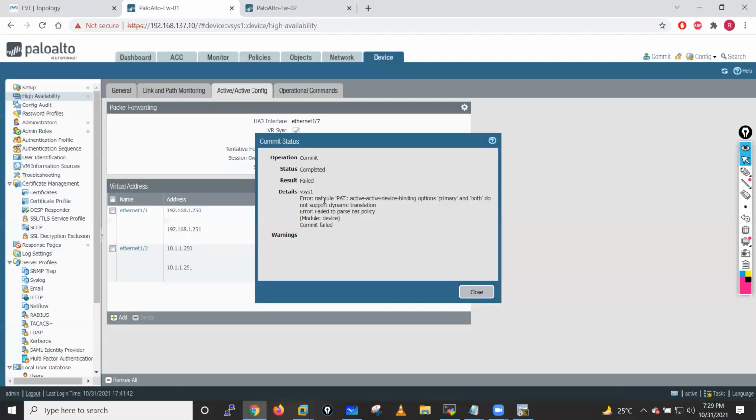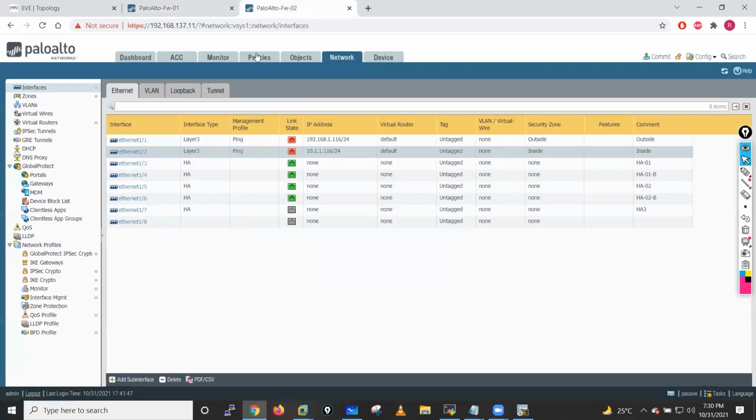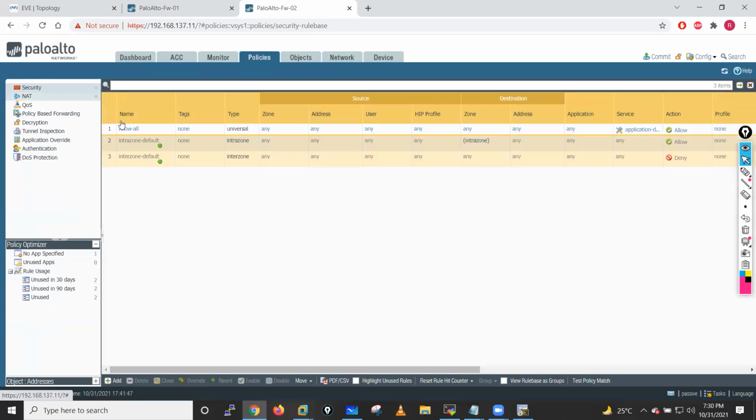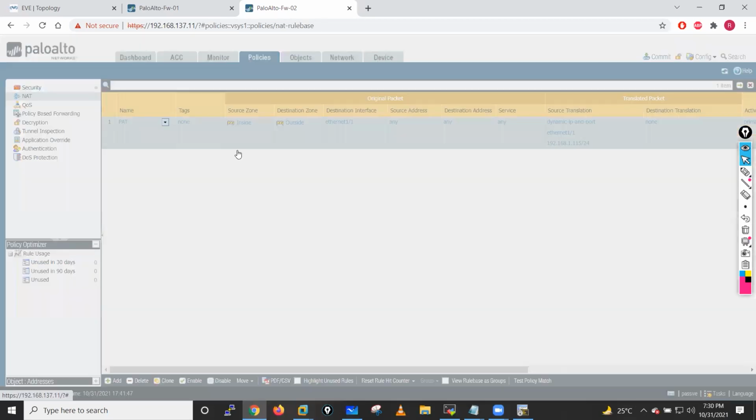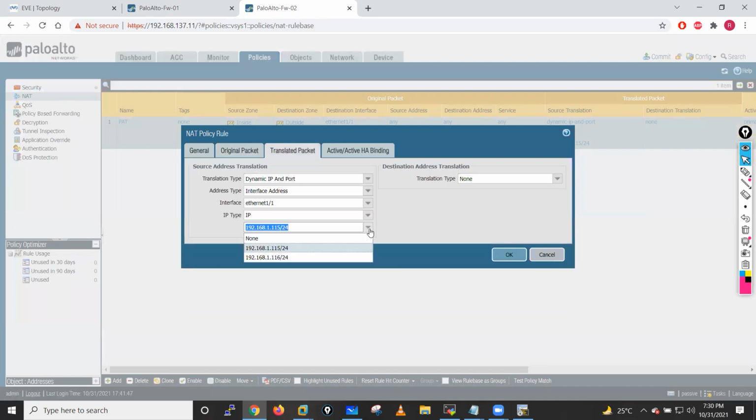Okay, there is some issue with our PAT rule, guys. So that's why this commit is failing. So just go into the PAT rule. I just added this PAT rule here. Same thing, translate IP. I will select a floating IP and I will use the floating IP, which is,